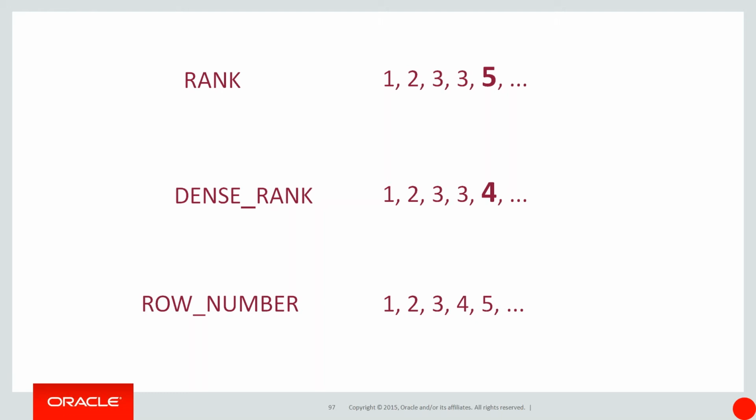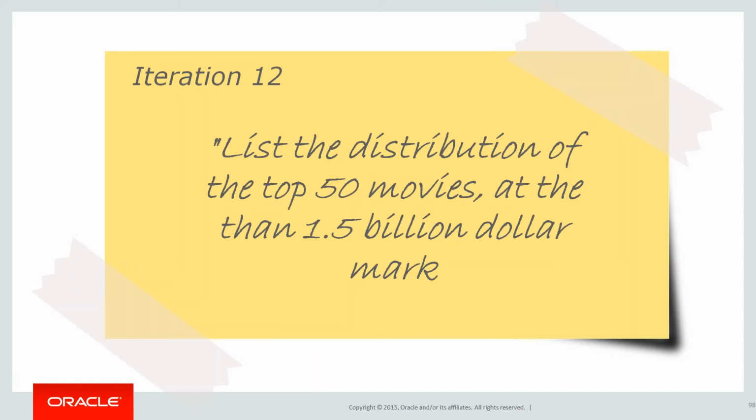And that's pretty good because we've got 3 specific ranking functions plus the ability to muck around with the order by clause, which gives us great flexibility. Is there any other specific ranking options that we get within analytics itself? We do, and let's look at another requirement.